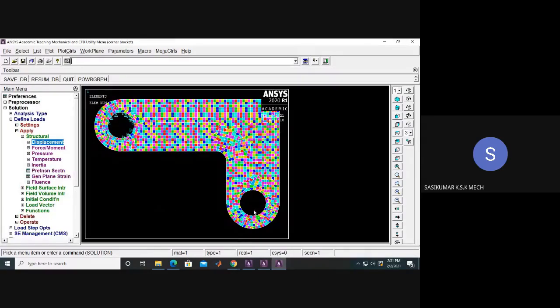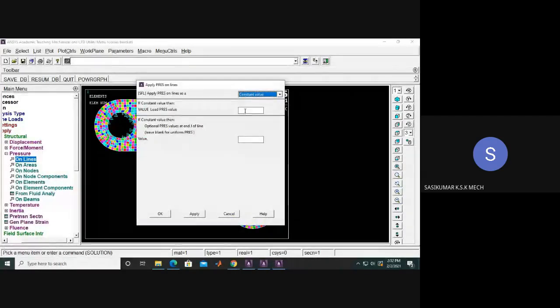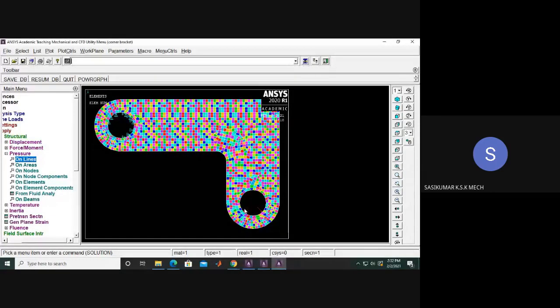Now you need to give pressure on the bottom of this right side circle. Okay. So go to the pressure on lines, select these 2 lines and give OK. You give a value of the pressure, which varies as given in your manual. That is nothing but your roll number, Newton per mm square. Here I am just giving it as 0.1, say. Okay. So just give OK. So pressure has been applied now.